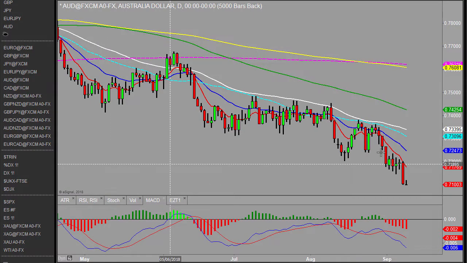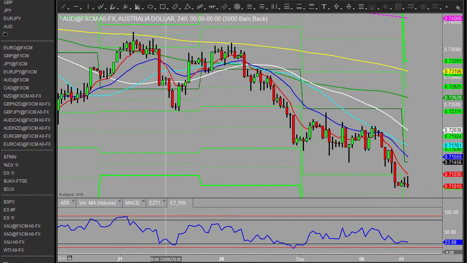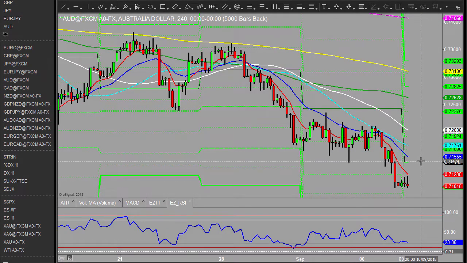Aussie dollar. In fact, okay, I'll come back to it in a moment. I'm going to have a look at the euro yen and these updates at the moment. It's started moving quite well, so I'll pop it in there in a moment. Anyway, Aussie dollar, well, a strong sell-off on Friday, and not much else happening at the moment. Consolidation, it has got the weekly pivot above.